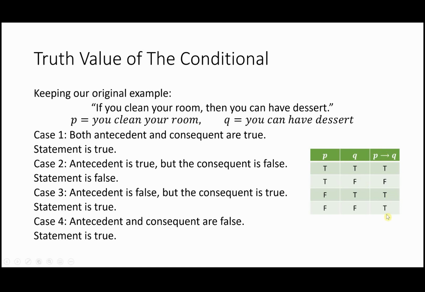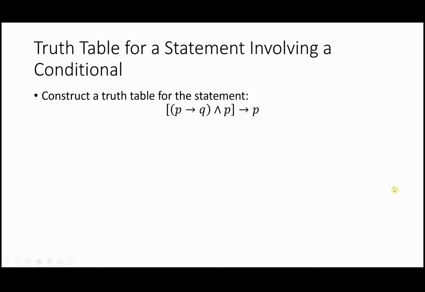The only time a conditional statement is false, therefore, is going to be if you have a true antecedent and a false consequent. Every other time it's true. So that's the general rule, and hopefully that's going to be easy for us to understand. Let's go ahead and implement this